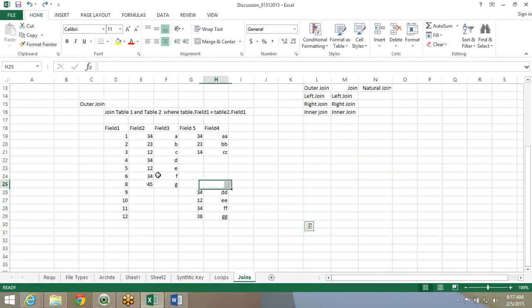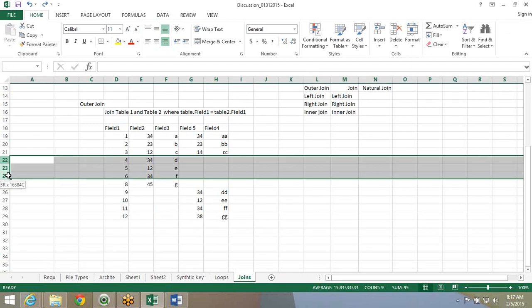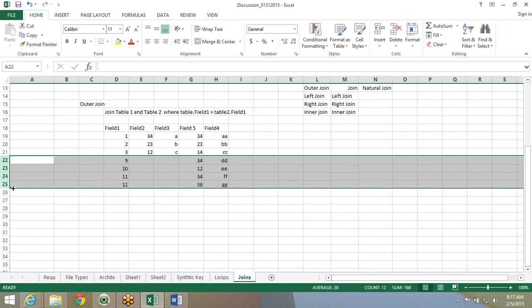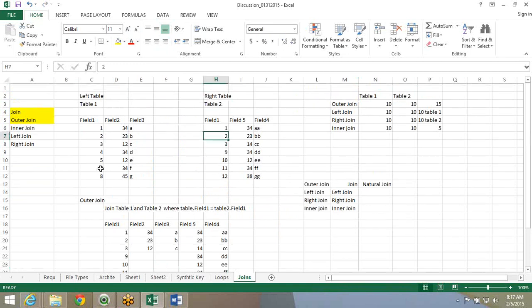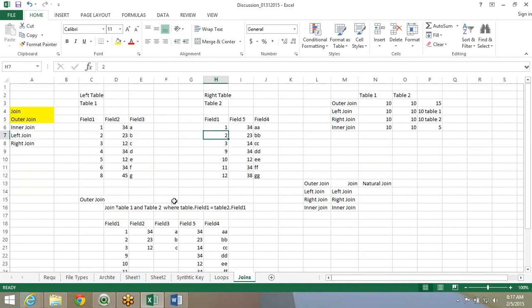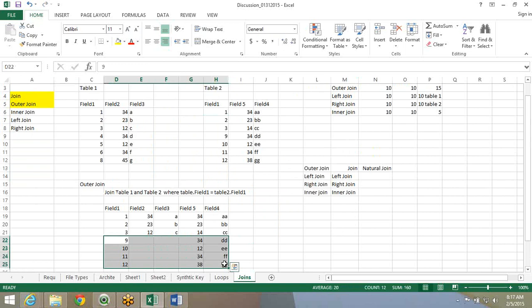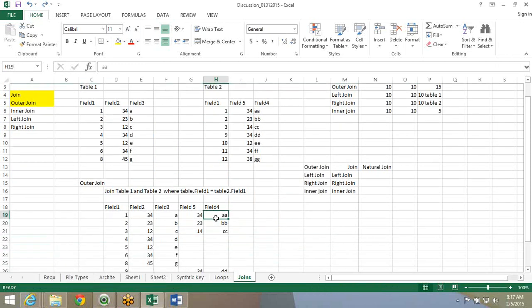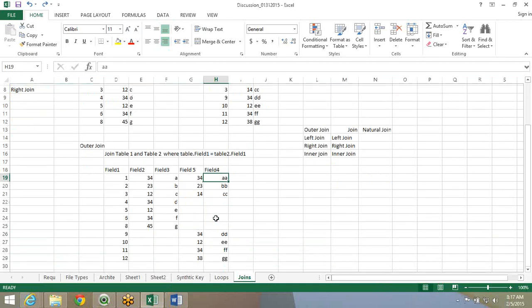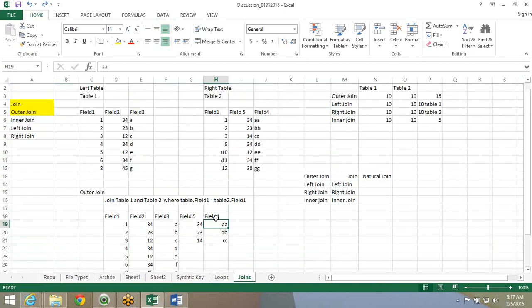If you want to do a right join, it's the other way around. It will delete these, and only this table will be there, so only this resultant. It will take the left table and join it to the right table. Whatever matching values, it will put them into one row. So this is the normal process, the normal logic of join, and this still is intact in ClickView also.